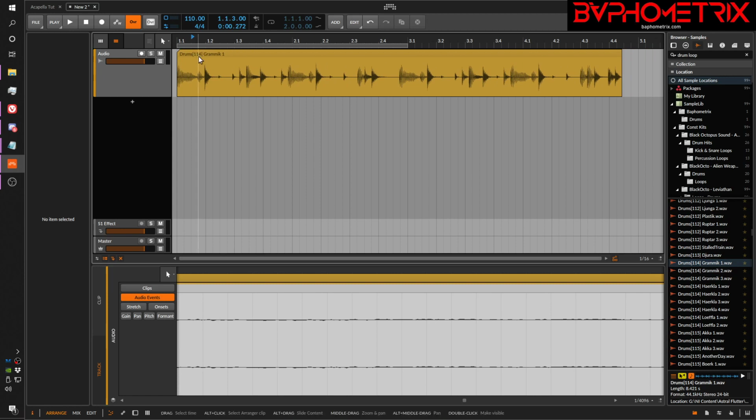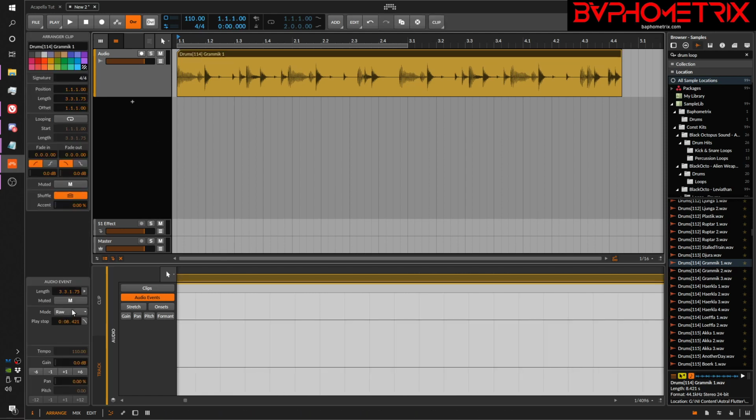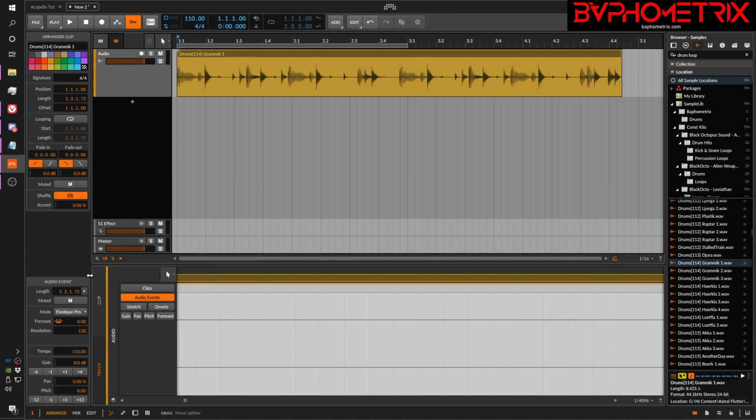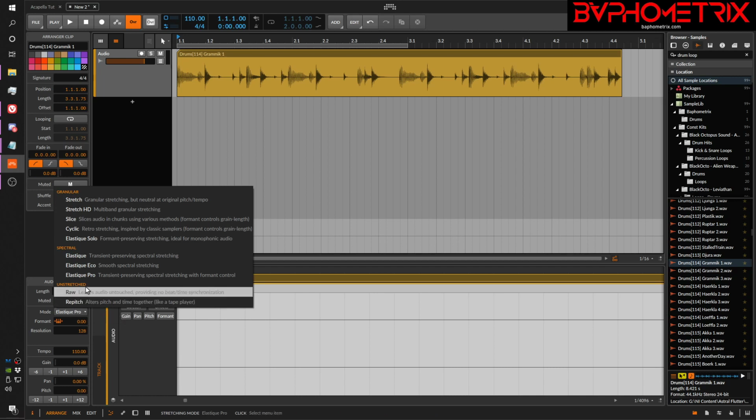Now, this clip is running at a tempo of 114 BPM. My project's at 110, so one of the first things I need to do is flip it into a warping mode or a stretch mode. Elastic Pro is my absolute favorite for clean stretching. Unlike in Ableton, where Complex Pro is a dirty word because it usually sounds terrible, especially on highly transient material like drum loops, in Bitwig, Elastic Pro is actually the best, absolute best, all-around stretching algorithm for cleanness, even for